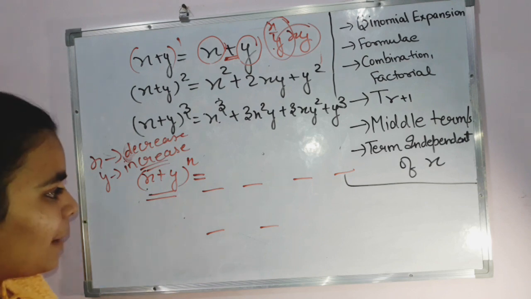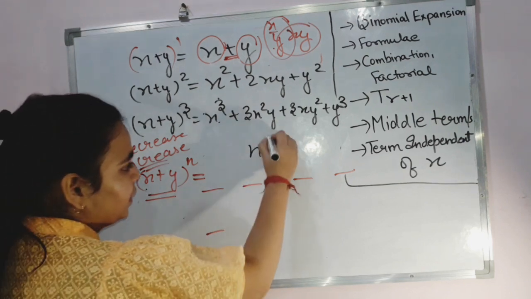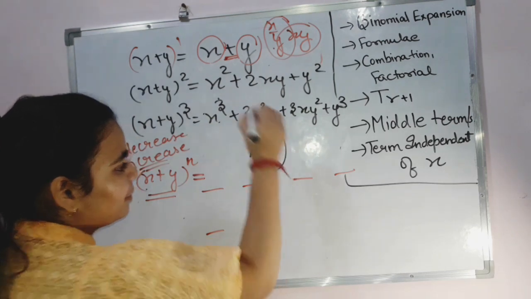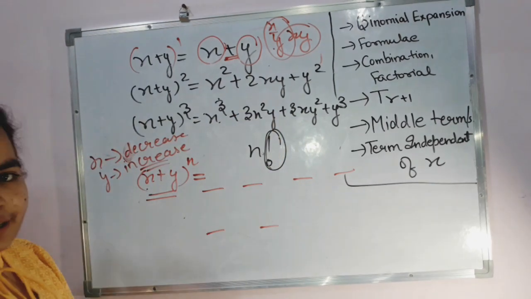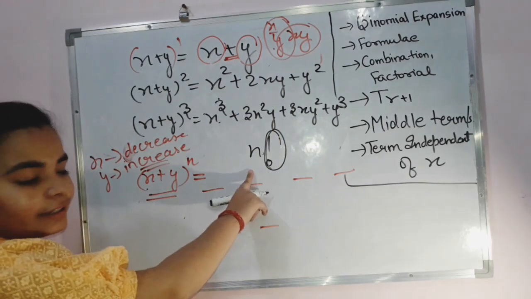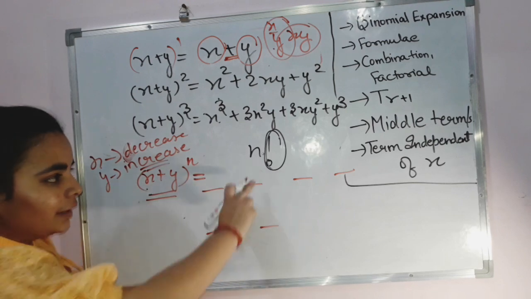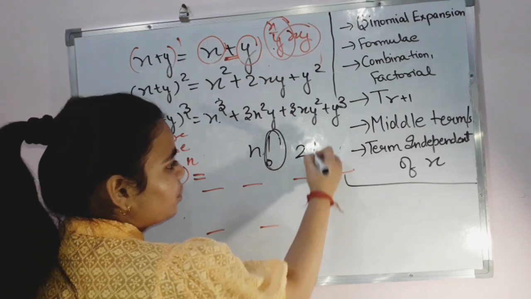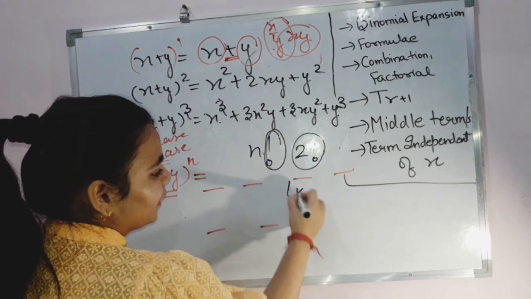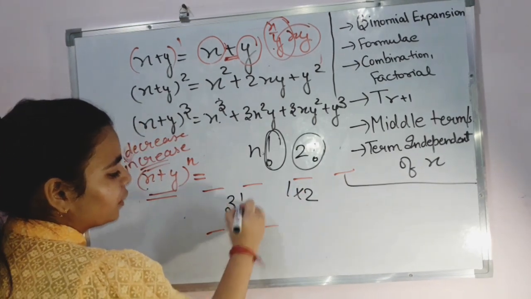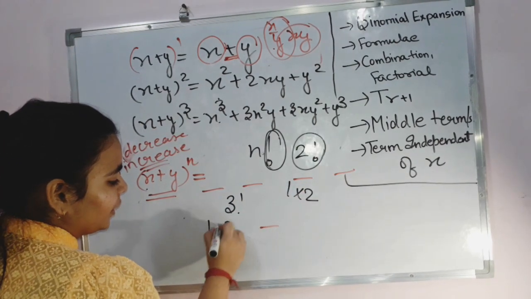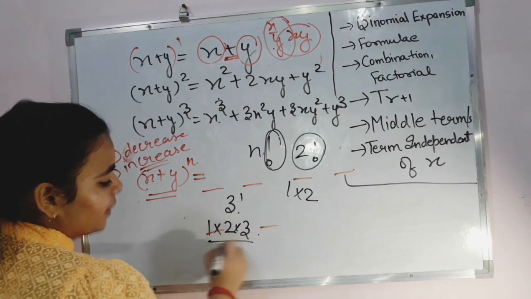Now, we represent it with this sign, simple, like this. You have the exclamation sign over here. Like this we represent n factorial. How do we read it? This is n factorial. This is 2 factorial. 2 factorial means 1 into 2. If I have 3 factorial, then that means 1 into 2 into 3. So this is 3 factorial.